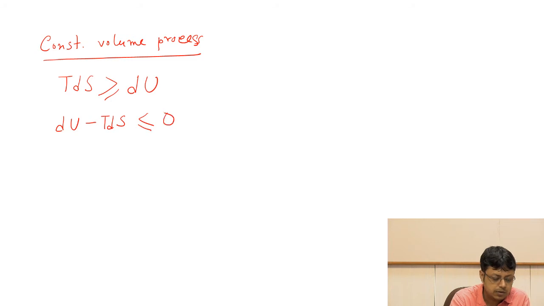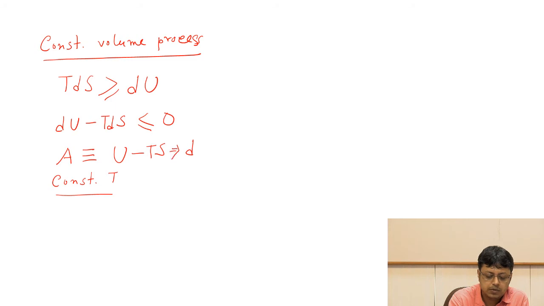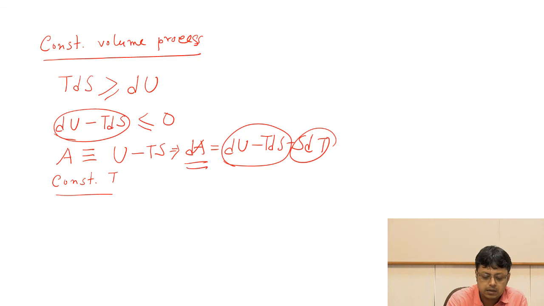less than or equal to 0. Now, if you remember that A, the Helmholtz energy, was defined as U minus TS, so we can just write, at constant temperature, dA is nothing but dU minus TdS minus SdT. Now we can make this term 0 at constant temperature. So this term dU minus TdS is nothing but dA. So you can write that dA is less than or equal to 0 if the process happens at constant volume and